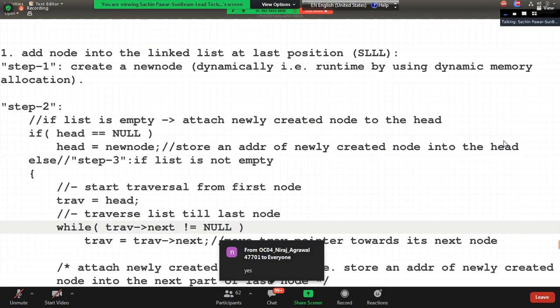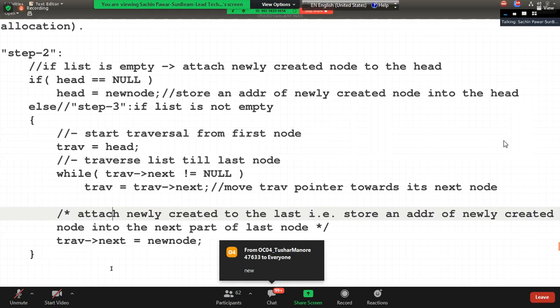हमने traverse किया the last node. Attach newly created node to the last node. That is, क्या करना है हमें? Last node के next में newly created node का address store करना है. Last node का next मतलब header traveler next. Last node का next means traveler